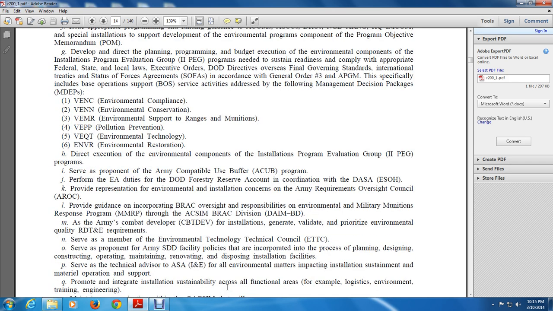The Army Combat Development, or CBT DEV, installation: generate, validate, and prioritize environmental RDT&E requirements as a member of the Environmental Technology Technical Council (ETTC), and serve as a proponent of Army facility procurement and cooperate with the process of planning, design, construction, operating, maintaining, renovating, and disposing of installation facilities, serving as technical advisor to the ASA and IE&E on environmental matters impacting installation sustaining material operations, support, and promoting integration of installation sustainment across all functions, for example logistics, environmental, training,